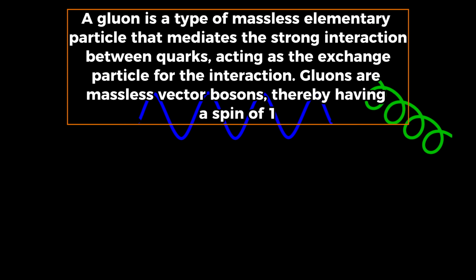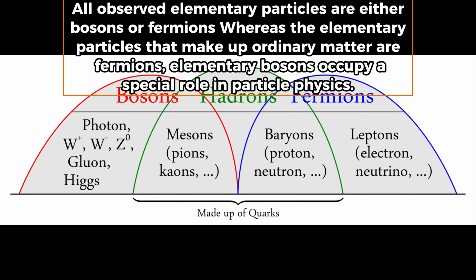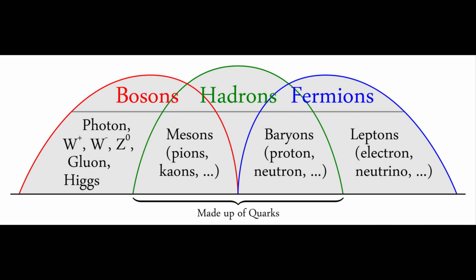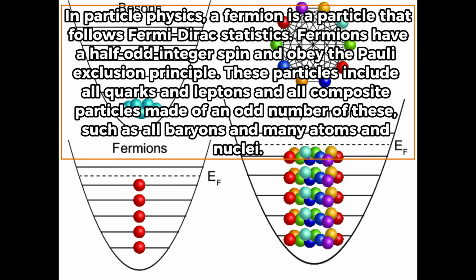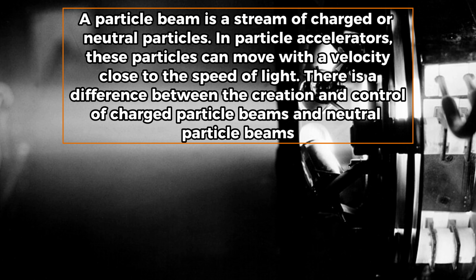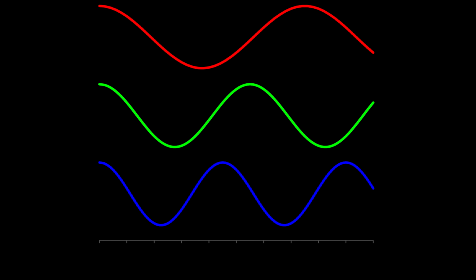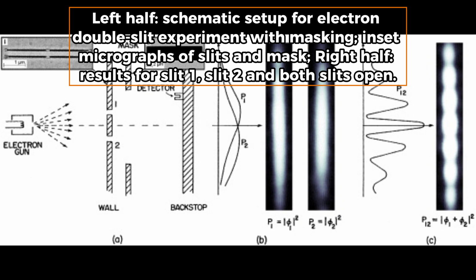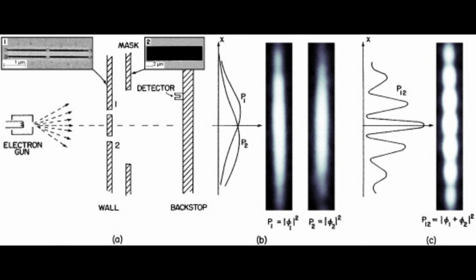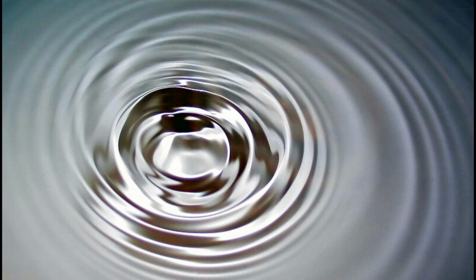Most force-carrying particles like photons or gluons are called bosons and, although they have discrete quanta of energy, do not have rest mass or discrete diameters, and are unlike the former particles that have rest mass and cannot overlap or combine, which are called fermions. Experiments show that light could behave like a stream of particles called photons, as well as exhibiting wave-like properties. This led to the concept of wave-particle duality to reflect that quantum-scale particles behave both like particles and like waves. They are sometimes called wavicles to reflect this.